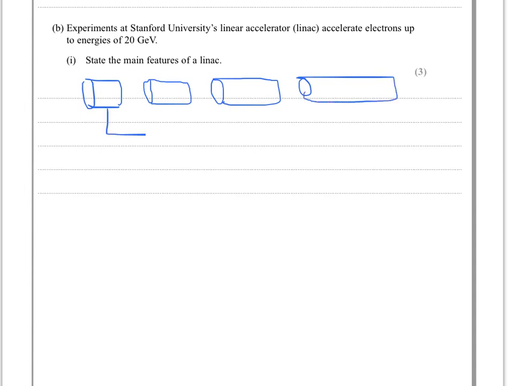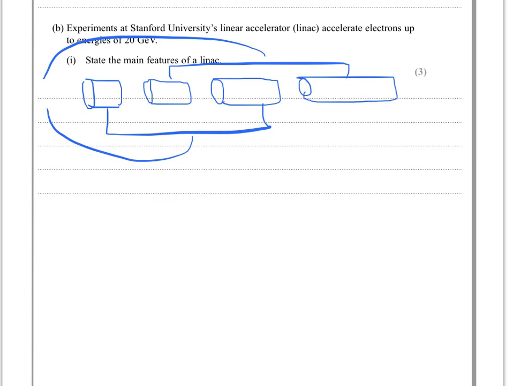And they are alternately linked to an AC supply. And you need to just explain why that is, so that this one will be positive, this one will be positive, these two will be negative. And so that a charged particle, if we're accelerating electrons, then an